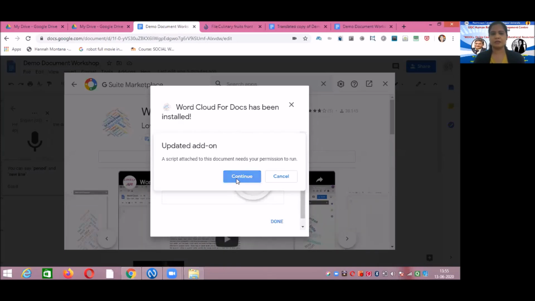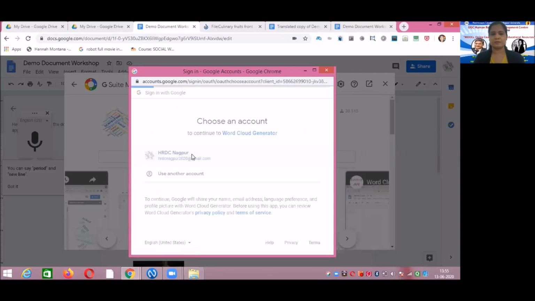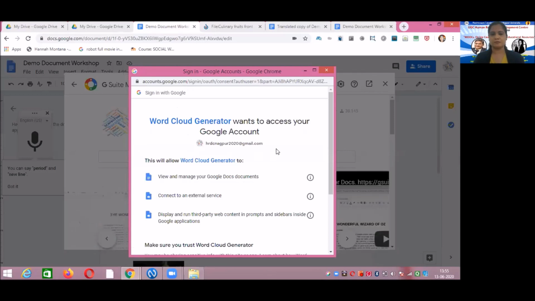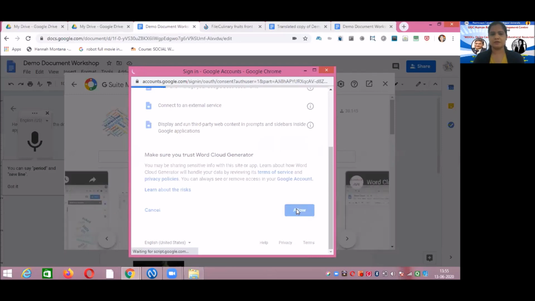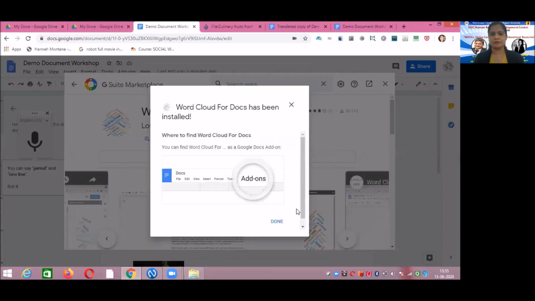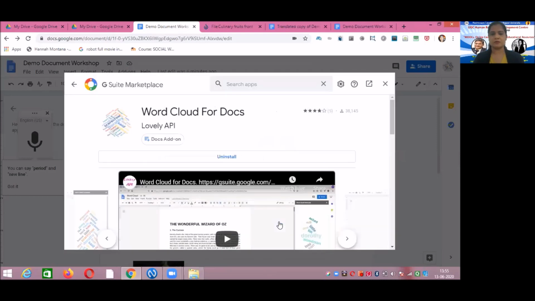Click on continue. Yes, some permissions are there. There you have to make authorization and finally click on done.